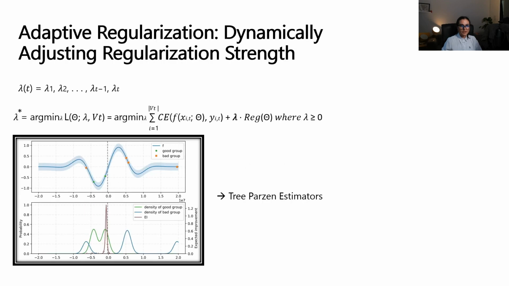In our approach, the regularization magnitude lambda is dynamically determined considering the current and all previous tasks. We define lambda t specific to each task, and it is predicted by minimizing the following optimization problem. Here, Vt is the subset of the validation set that includes the current task and previous tasks. The optimum lambda for each task is found using estimators by minimizing the loss function. This approach allows us to automatically adjust the regularization strength according to the specific learning task, enabling more adaptive and